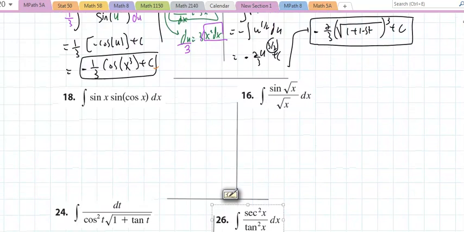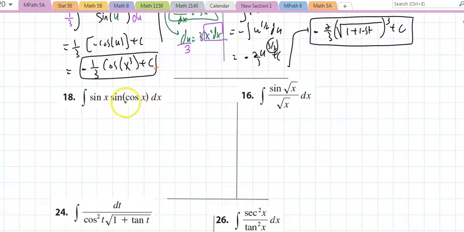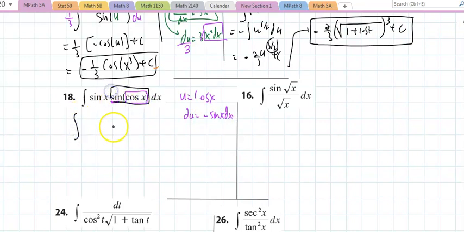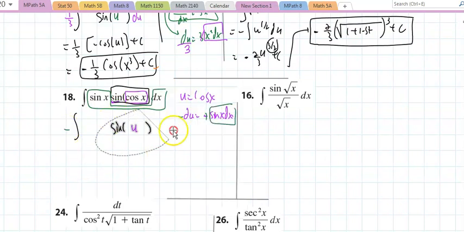And what do you think I'm going to let u equal in this case? The argument, the angle of a trig function. I'm going to let u equal the cosine of x. Du will be negative the sine of x dx. And let me not lose track of what is what. This is the sine of u. And sine of x dx is negative. I don't know why everything shifts to the right. Negative